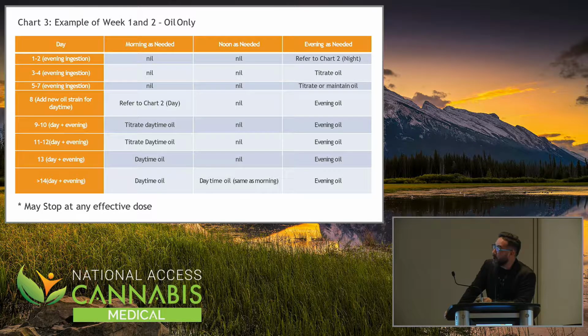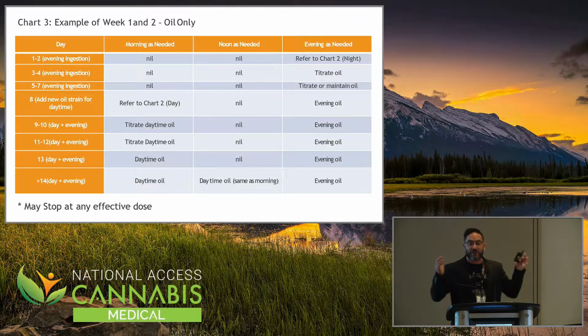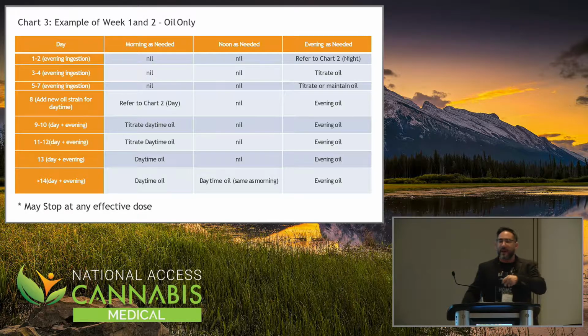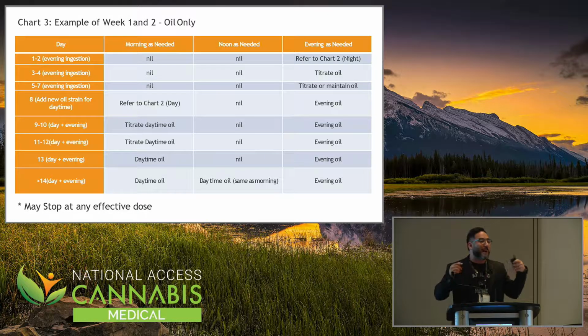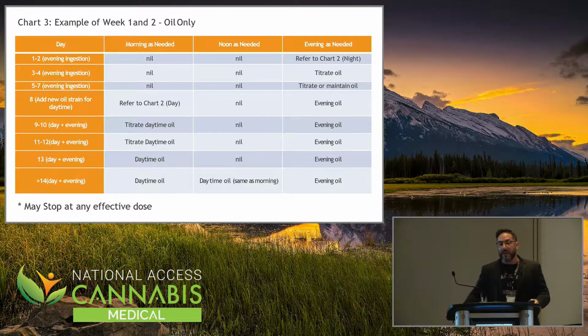Okay, so now our goal is to get them up to 3 times a day, should they want to. Again, the same idea with vaporization. They don't have to use it at any time. It's just to maintain. The reason why it's like this, my goal is to get them off of the other drugs that are killing them, right? Or to get them off of, let's say, their opioids. They want off of some opioid, or they want off of gabapentin, or they want off of a benzo of some sort, right?